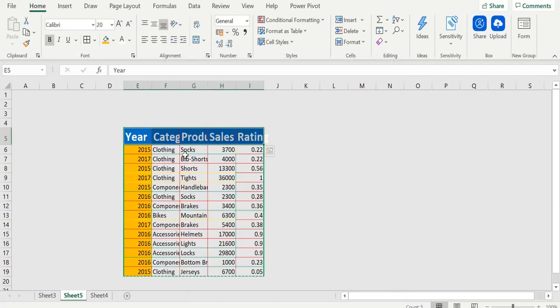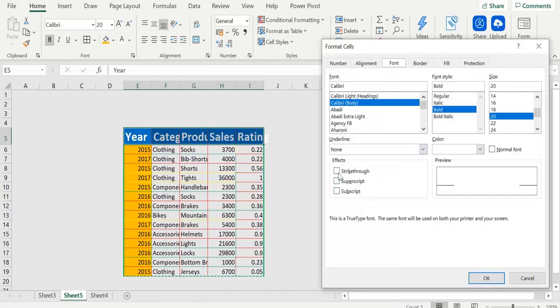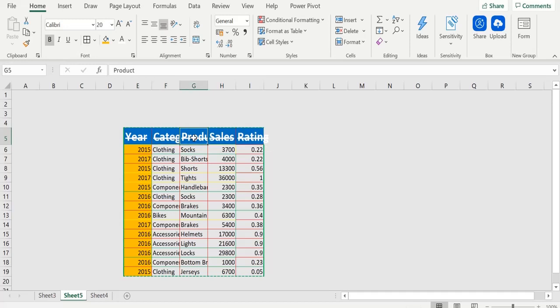So now let's come back to our original table. In the table I have increased the size of the header column so that I can show you these options. We have selected the header of this table, and on selection we just open the font dialog from here and come to this option called strike through and check it. As soon as I check it and say okay, all the values which were there in the header are coming strike through. So this is what strike through does.